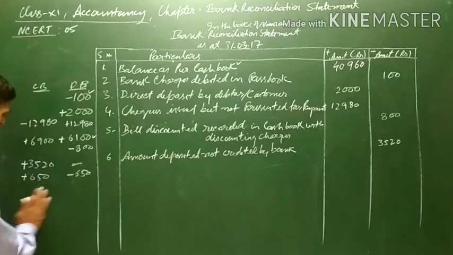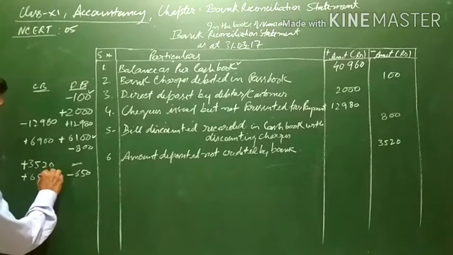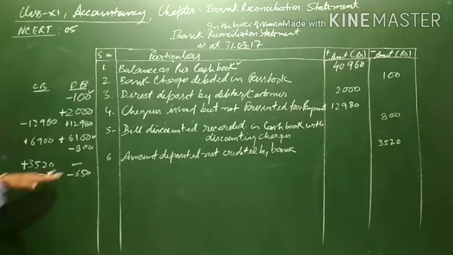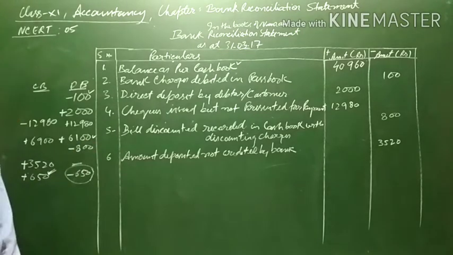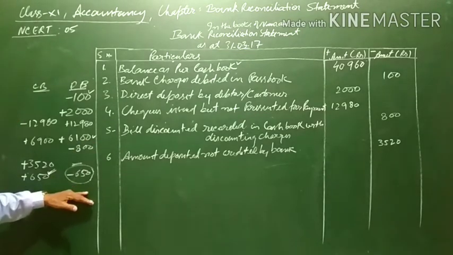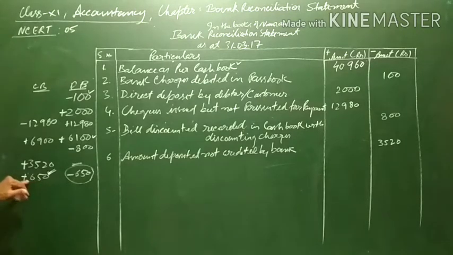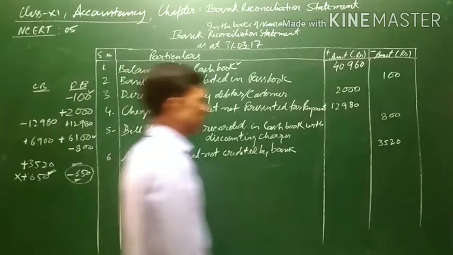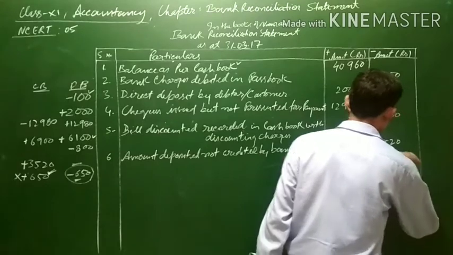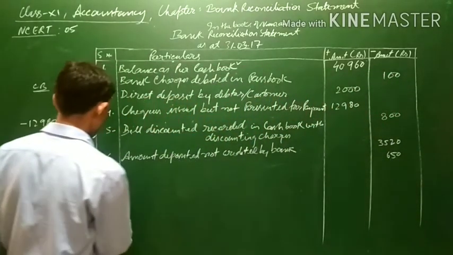So what will happen here, in the cash book 650 excess will be showing, and in the passbook 650 lesser balance will be showing. Because if the check was dishonored, then it will not be credited. There will be less balance showing in the passbook, although the cash book does not show it. If the check is dishonored, 650 will not be credited, so 650 less will be reflecting in our passbook balance. So 650 will be written in the minus column.